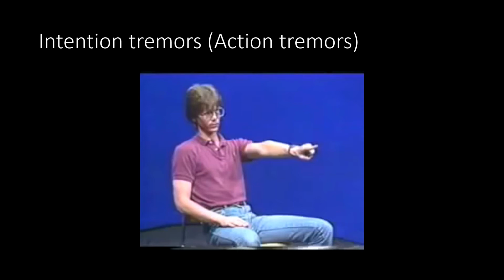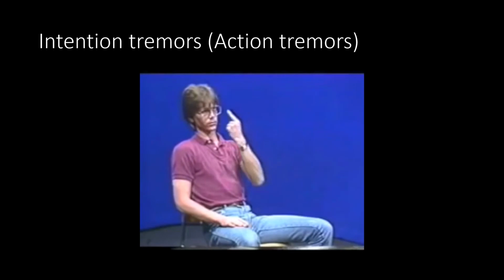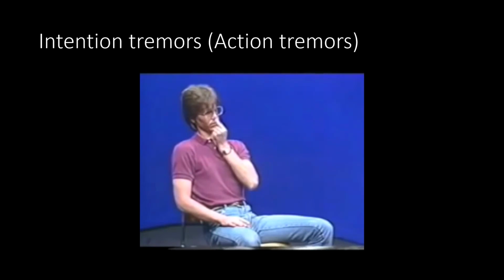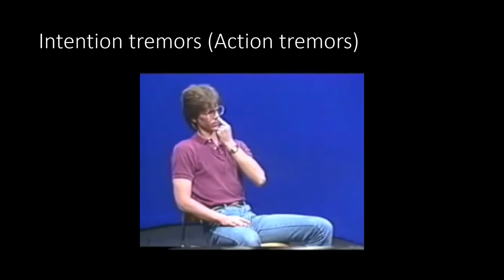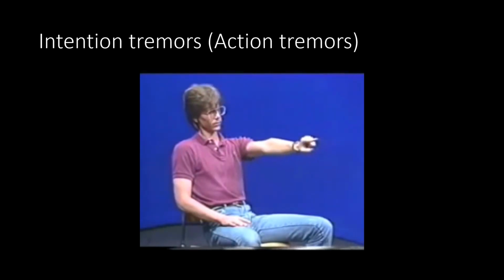Here in this patient with cerebellar damage, we can see the intention tremor. Look at the movement of his finger, and when he moves his finger towards his nose, it shows the intention tremors. So in the finger nose test, when he moves his finger towards the nose, the finger moves around the nose and then it settles on the nose. So this is the action tremor that occurs in a patient with cerebellar damage.